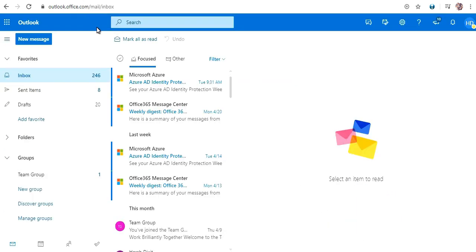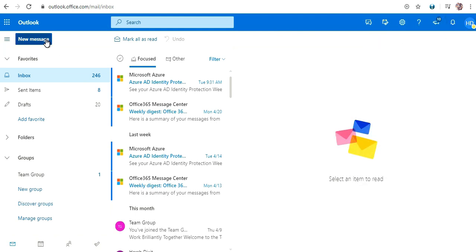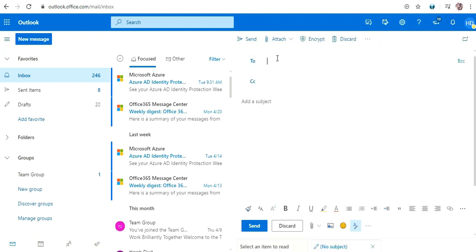We will go back to our Office 365 email account. See, I have logged in as Harsh Dikshit's email ID. Now I will click on new message and type a message to Manoj Dwivedi.